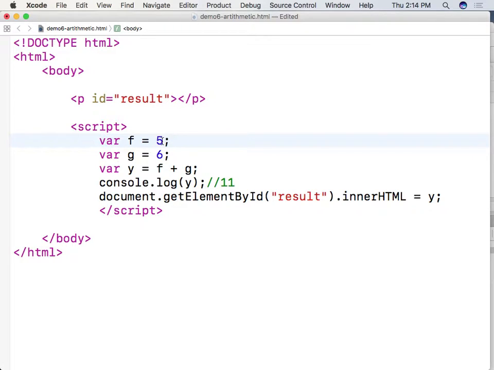So if you were to put a 5, you don't need to declare that it's an integer or a double or a float or anything else. You just sort of say var, and it automatically detects the type. Now it's okay then to add them together, and this also knows that they're of type integer. So then I can log it, and then I can also do get element by ID, which